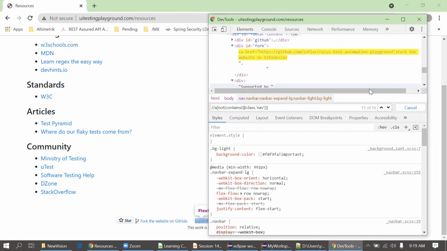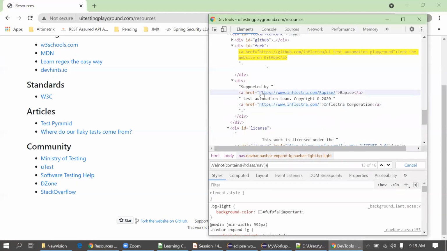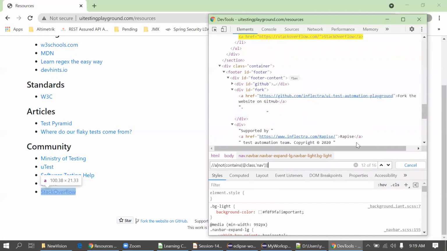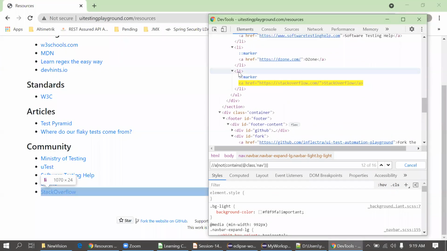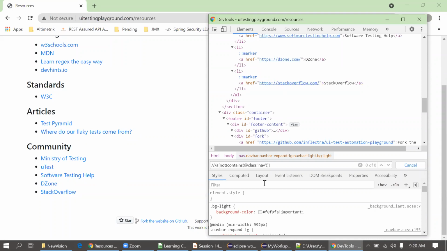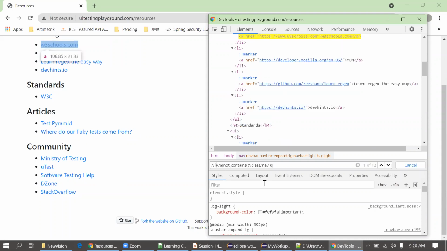Then we're just maximizing this window. Okay, this is a div again. So now we can see it's in a division, div a, but the previous links are not in a division. I think it's in something different. Yeah, it's in li. So we have to capture all the links which are present in the li. So I will simply go at the start of the XPath //li.